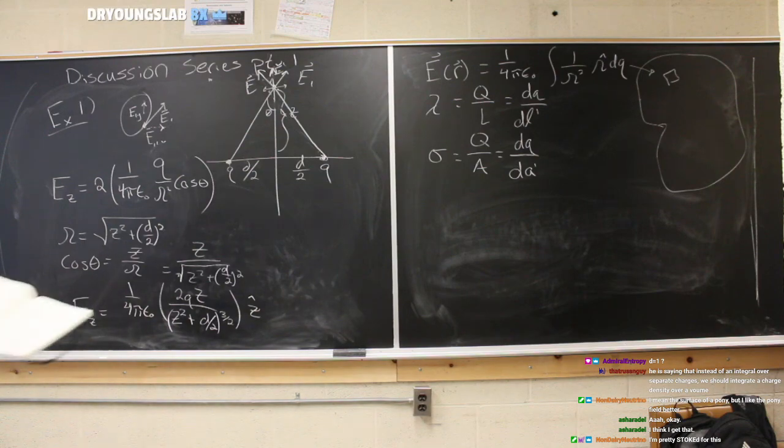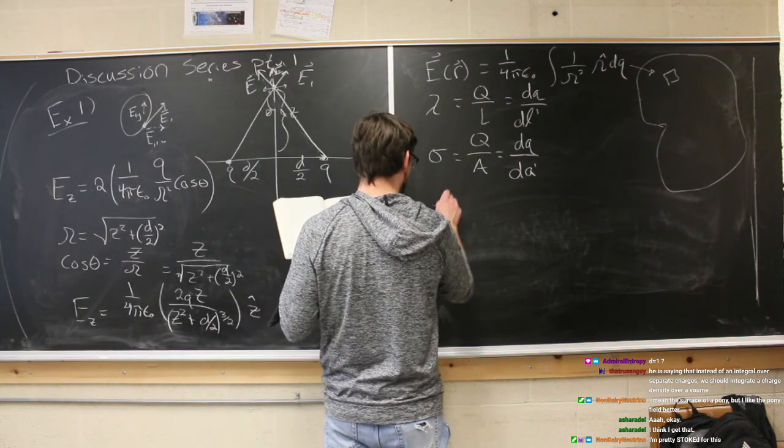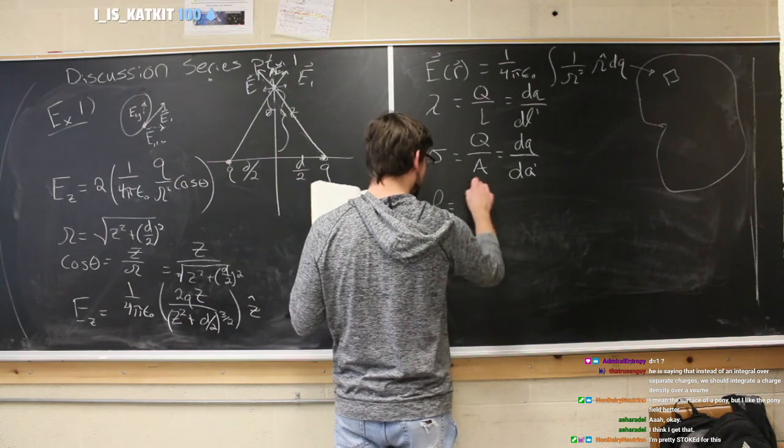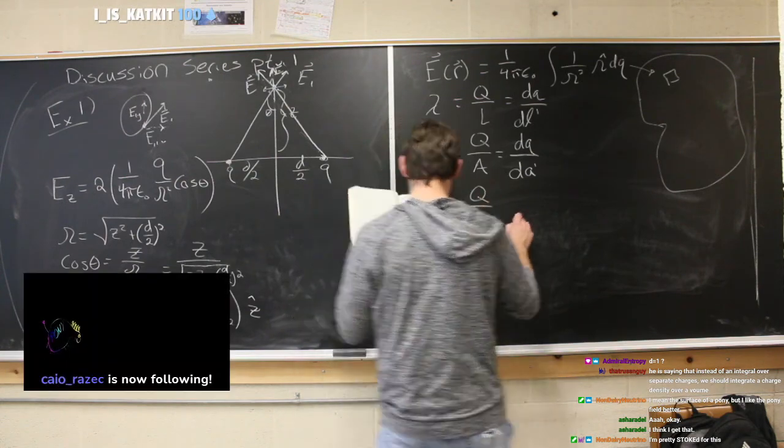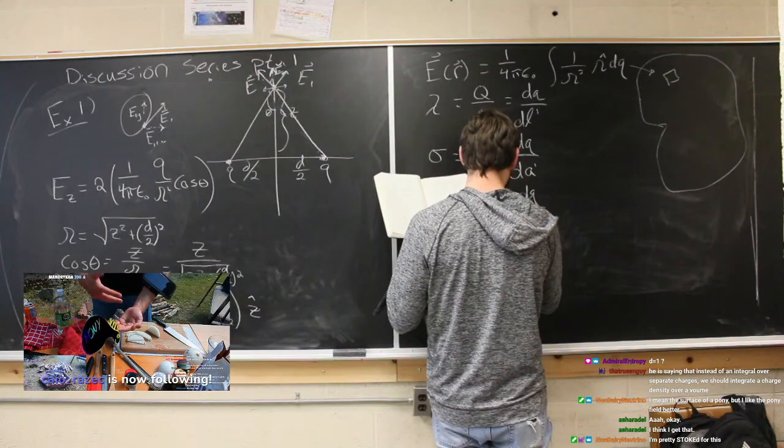Now, last up is our third dimension, volume. The total charge over the total volume is equal to dq over d